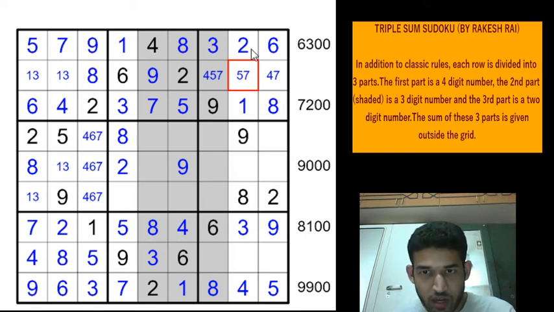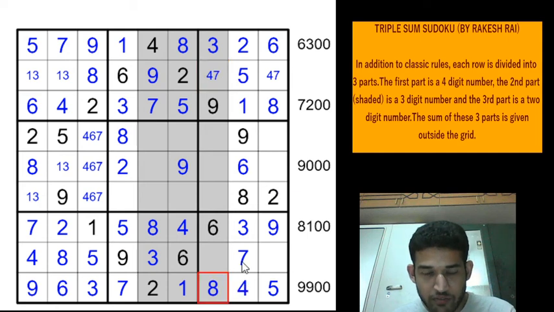Let's focus on column 8 now. We have a 6 here and here, so this will be a 6, right? And this will be a 5 7. 5 7, but we have a 5 here, right? So this will be a 7. I'm sorry, this will be a 7, this will be a 5. So this is going to be a 4 or a 7.